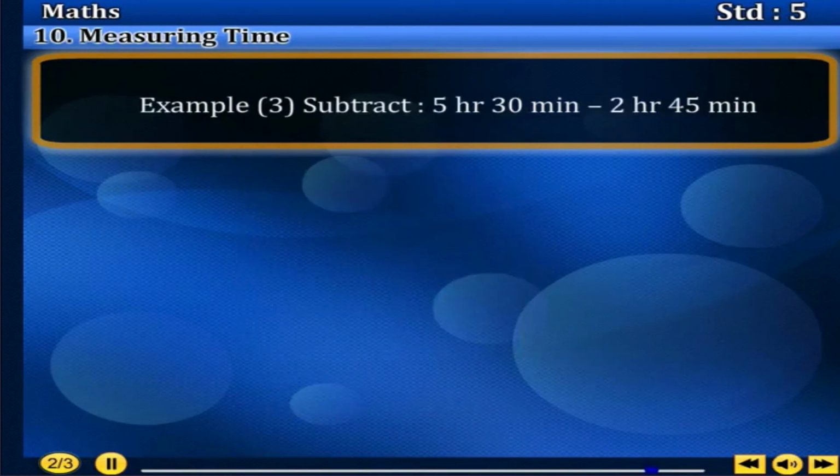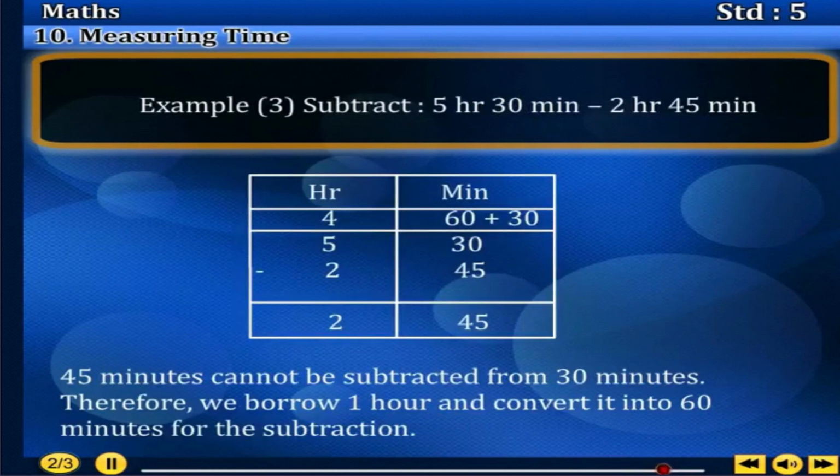Example 3. Subtract 5 hours 30 minutes minus 2 hours 45 minutes. 45 minutes cannot be subtracted from 30 minutes. Therefore, we borrow 1 hour and convert it into 60